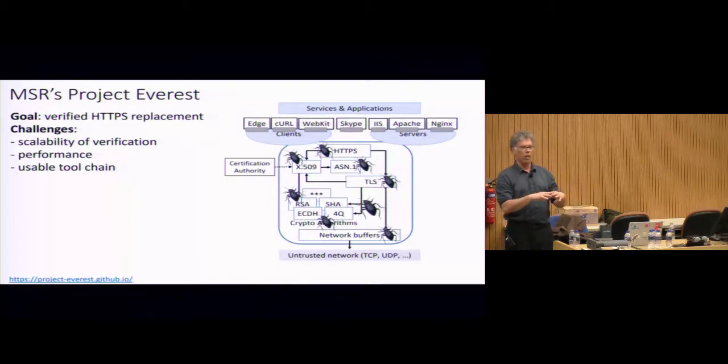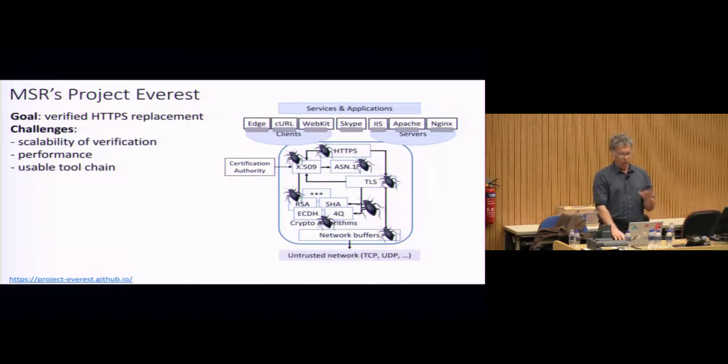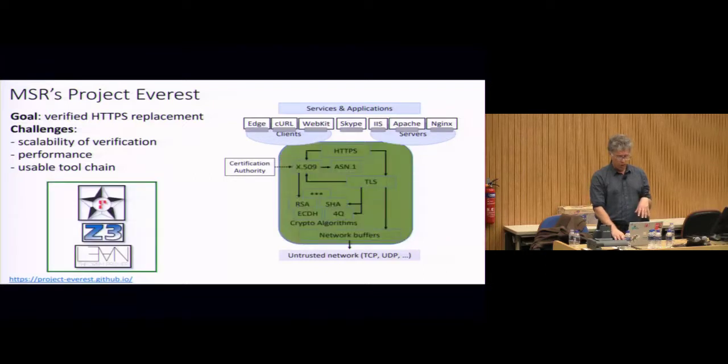So it's not just about creating some model of HTTPS and running it off on the side and doing some experiments. It's actually having a performant piece of C code in the end that can be incorporated in, say, an existing browser. So this is the idea of Project Everest, and Everest uses three main technologies.